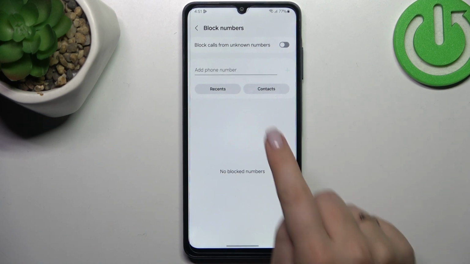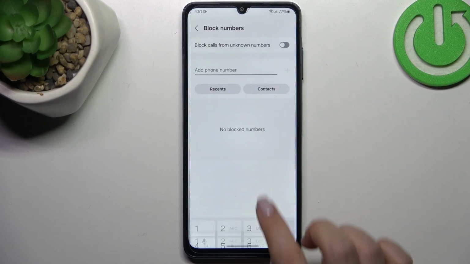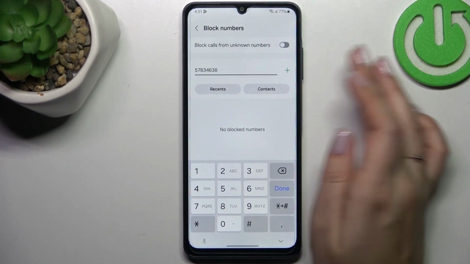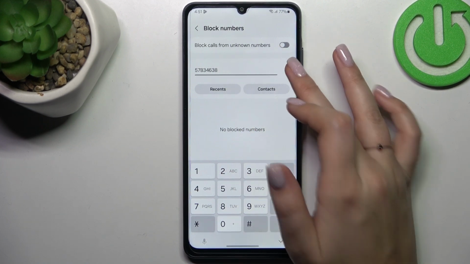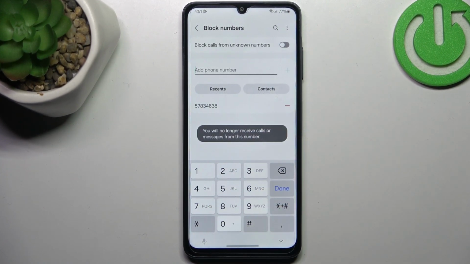We can enter the contacts or recents and block the number from those lists. We can add the number manually right here, so we do not have to enter the contacts, for example. Just enter it in this section and tap on this plus icon. It will immediately appear on the blacklist, which means that you will no longer receive any incoming calls or text